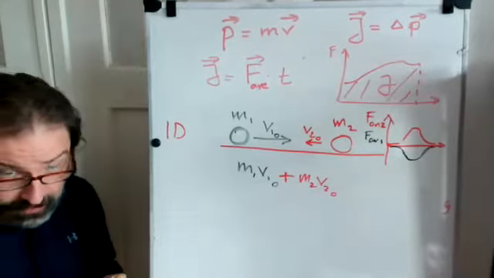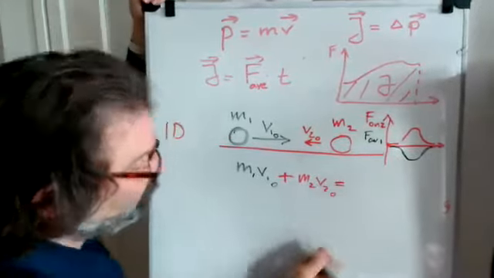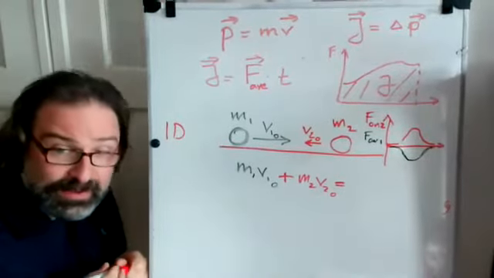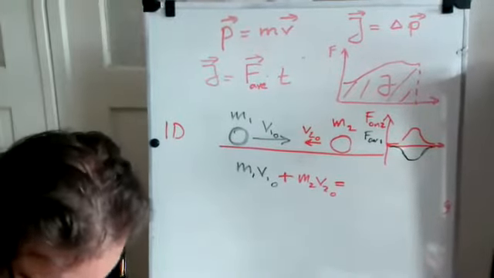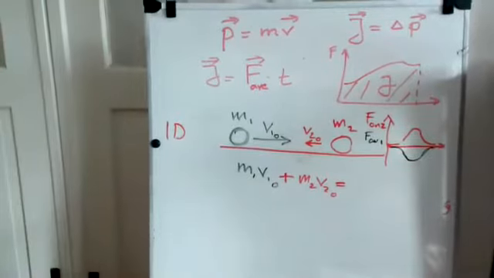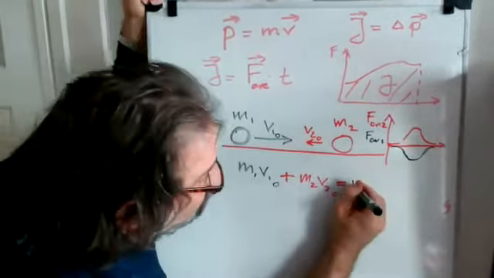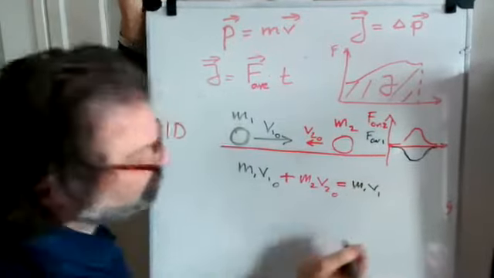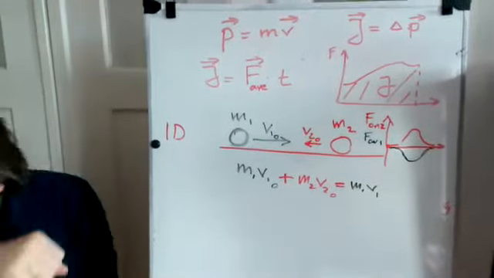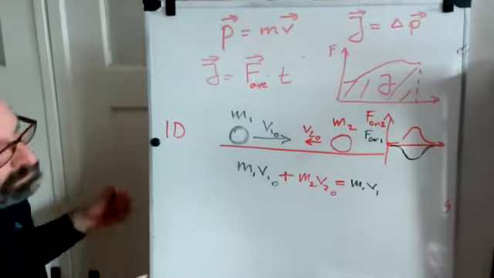That's its momentum before the collision. And that's conserved. Well, what does that mean? It means after the collision, the sum of the two is still the same. So on the right-hand side, of course, we have M1 V1 plus